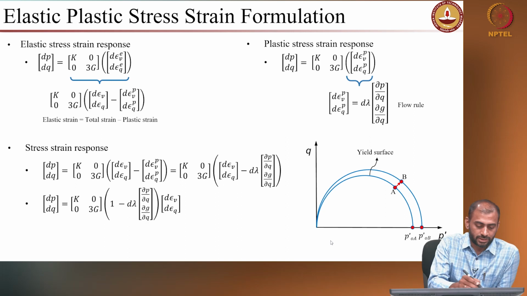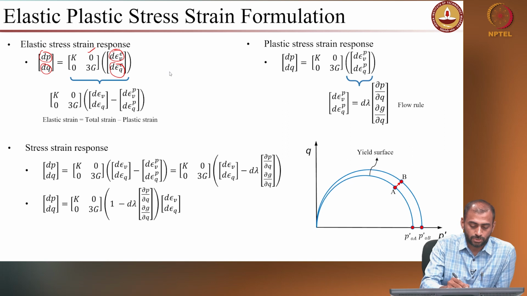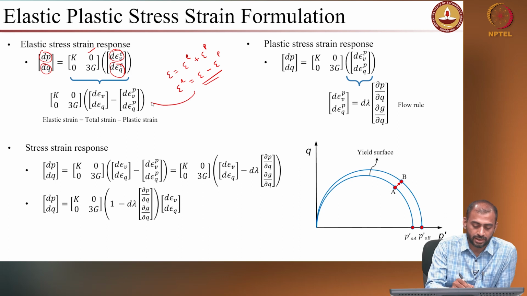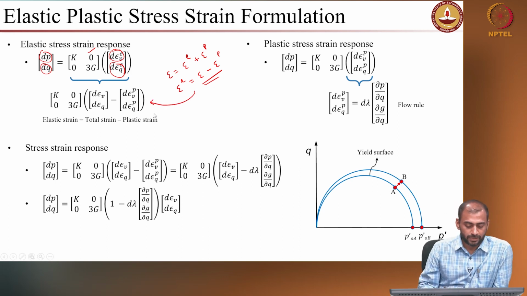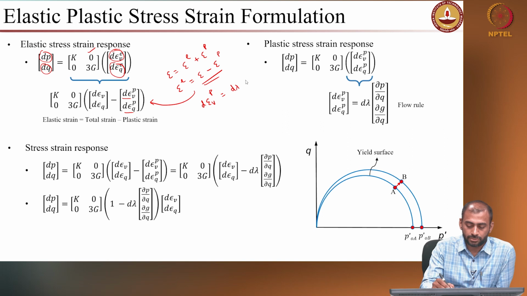As we know, this is an elastic stiffness matrix. So, the volumetric part, the mean effective stress and the deviatoric stress are related to the volumetric strain and shear strain using the stiffness matrix, right. We all know total strain is equal to elastic strain plus plastic strain. So, the elastic strain is equal to total strain minus plastic strain, right. If you just write this in this equation, and we have the relation for the plastic strain, right. Plastic strain d epsilon Vp is nothing but d lambda into